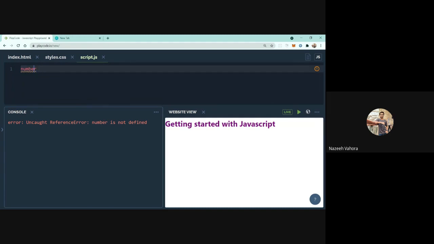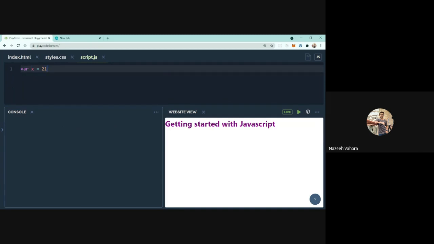So if our variable x has the value 32, then the data type of this variable is number. You can see if I hover over this, it is giving me type number. So this is the data type of my variable.